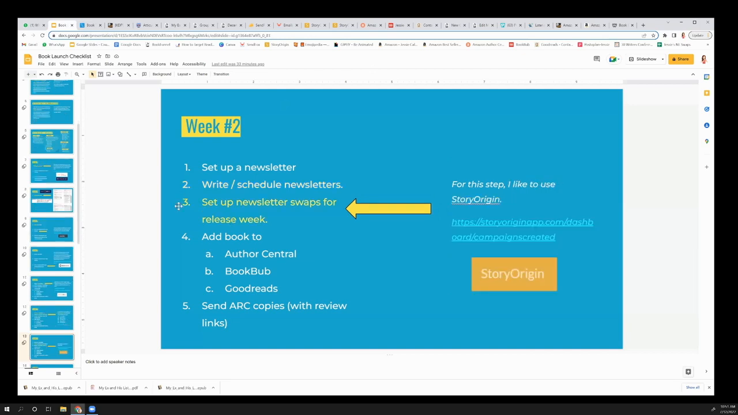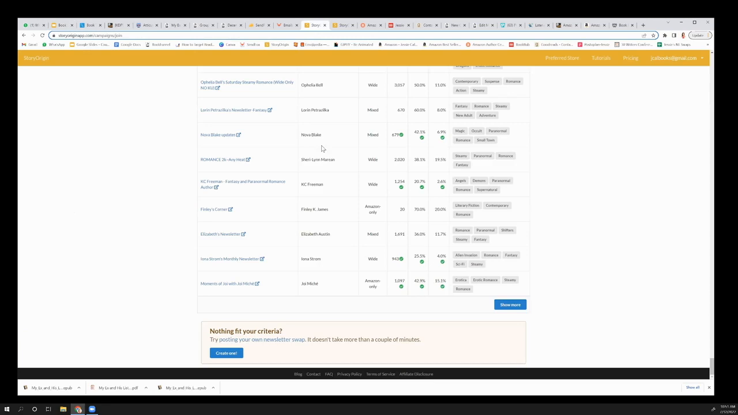Okay, so then after you've done that, you set up a newsletter swap for the week of release. And I used to do this on Facebook, but after I discovered Story Origin, I use Story Origin now for the swaps. And what you do is,